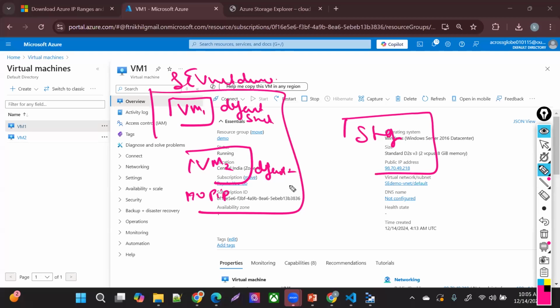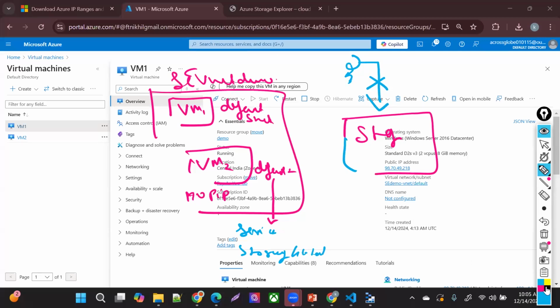Now, for this default 2 subnet, I created a service endpoint. How? I just selected the storage account global tag, and from there I created this service endpoint for default 2. We tried to access this storage account over the internet. From my local machine, I tried to access it via Storage Explorer, and I was able to do that. But when I blocked the public access, I was not able to browse my storage account.